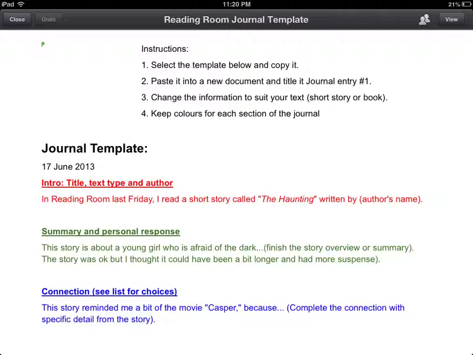So once you have written up your journal, of course, you will make sure that you've saved it in your English folder and that you have shared it with me. And at that point, I will be giving you some feedback on it. All right? You may need to change it up, especially at the beginning, until you get the hang of it, so don't worry. But after you've done 2 or 3 of these, you should really be smooth sailing. Okay,